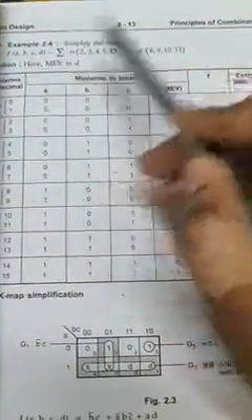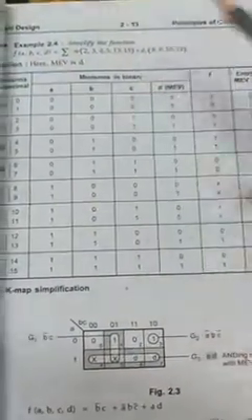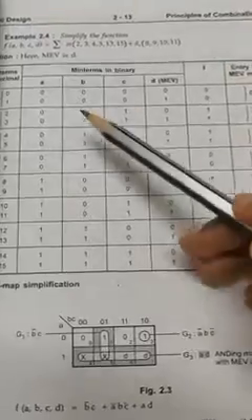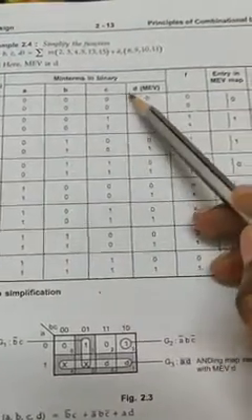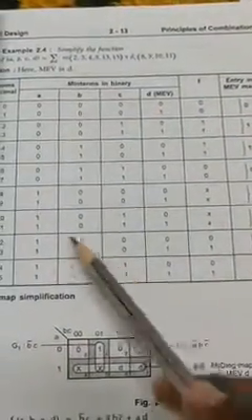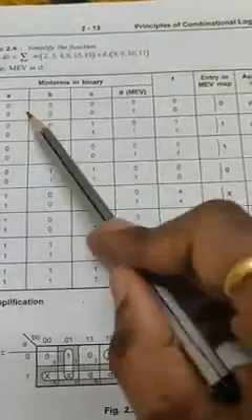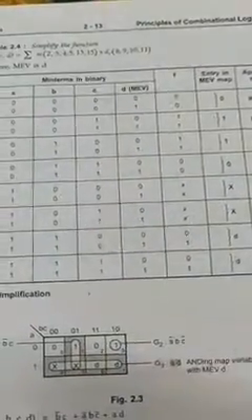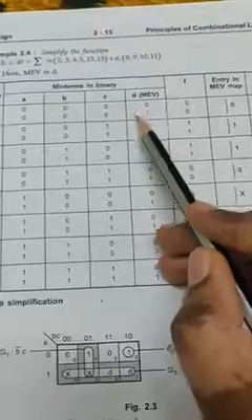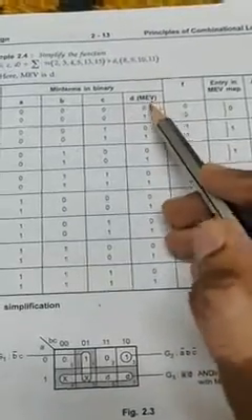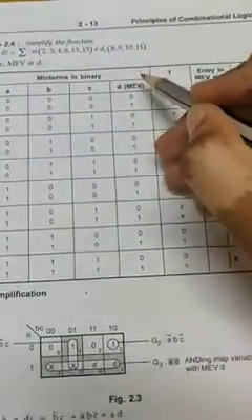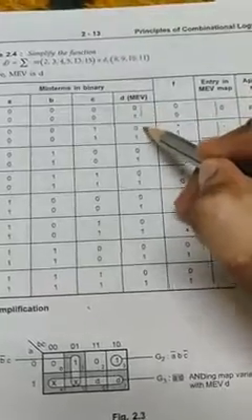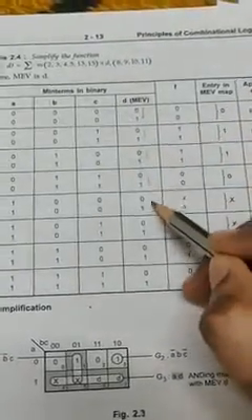The given expression is 4 variable. So 4 variable f of ABCD, 4 variable means obviously 0 to 15. So I have written the binary numbers A, B, C, D, 0 to 15, 0 0 0 0, 0 0 0 1, like this. I am just making the last column as the map entered variable.